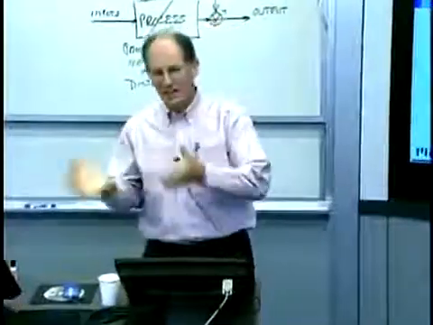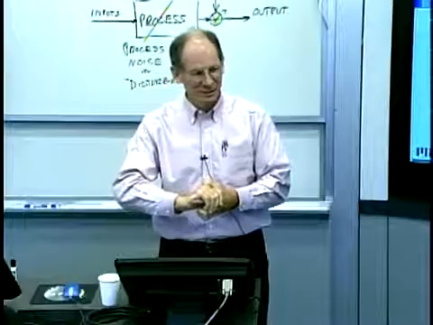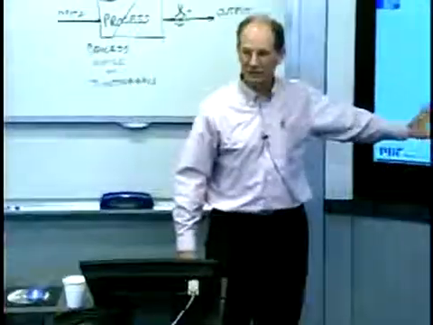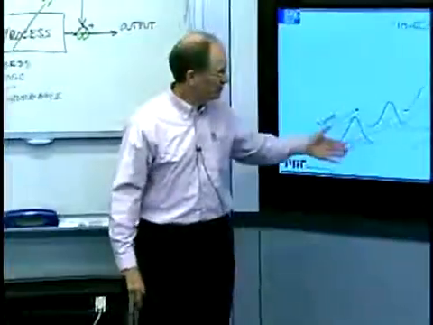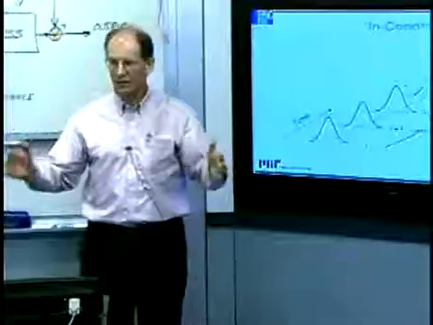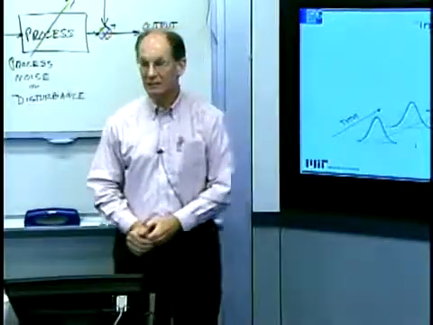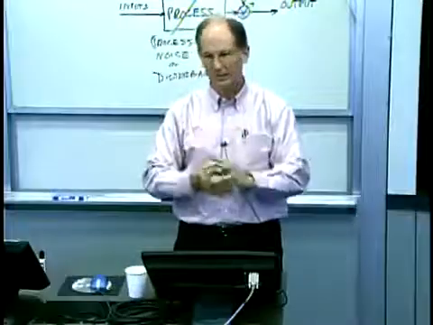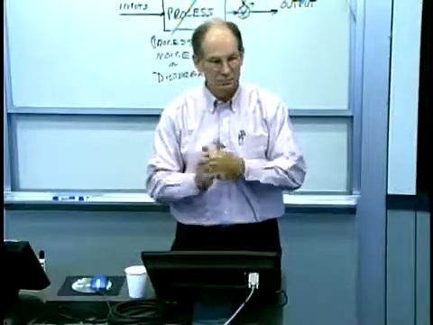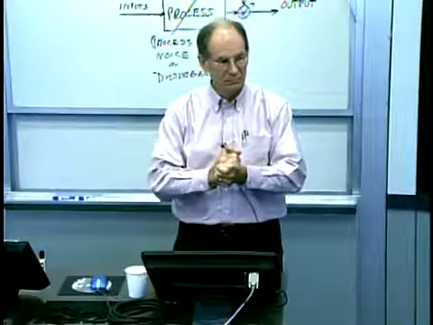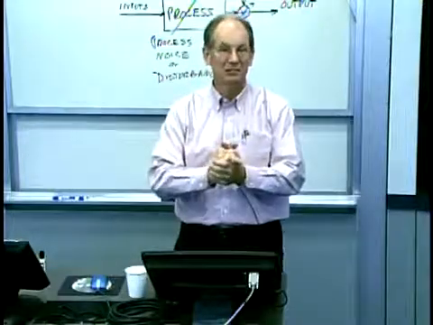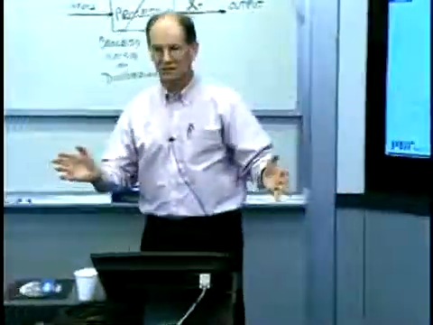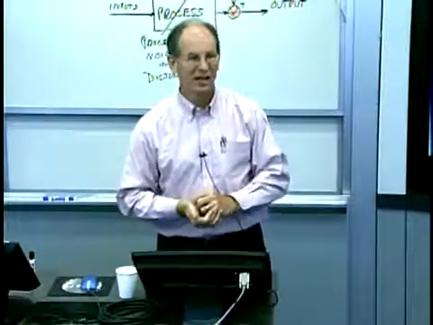Okay? That's why we have the second half of the class, by the way. Because what comes up after this part, after statistical process control, we say, okay, now you've got it in the state of statistical control. It's following this distribution for all time. That's great. What if that's not good enough? Or what if it needs to be better? What if it still has too much variability compared to a design specification? What do you do? Any ideas on what you do if it's in a perfect state of control, it's doing exactly what Shewhart says it should be doing to be in a state of control, and it's not good enough?